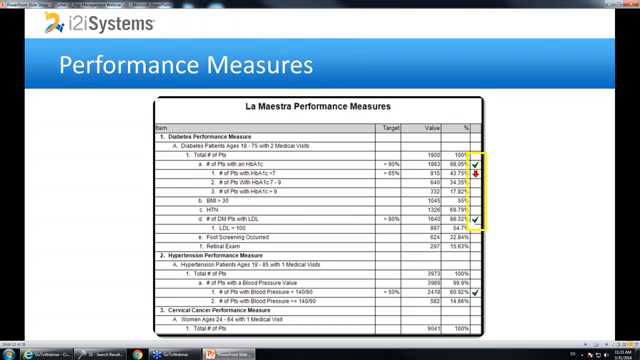Here is an example of La Maestra performance, the performance measures that we get from our population health management tool, where you are able to customize this to your needs per organization. We have customized it to us, and we have been able to set target goals that as soon as we meet those target goals, we're able to increase them. So one example here is